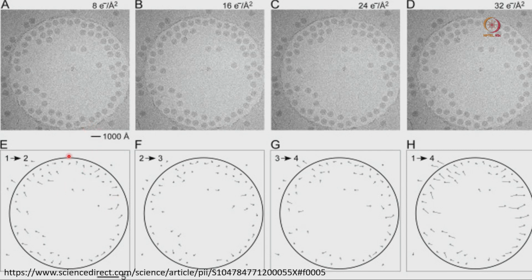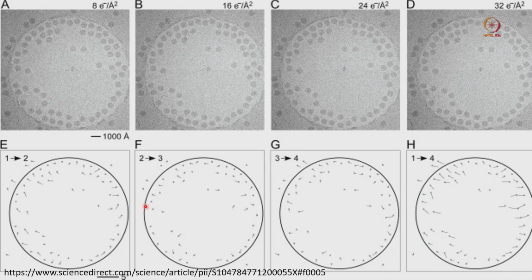One thing you should remember is that if the sample is bigger, like a virus particle or a liposome, which are really big, their movement will be comparatively less. If there is a small protein, their movement will be huge, which we are going to discuss in the next class. Now, when we go for a longer electron dose, this movement will gradually increase.